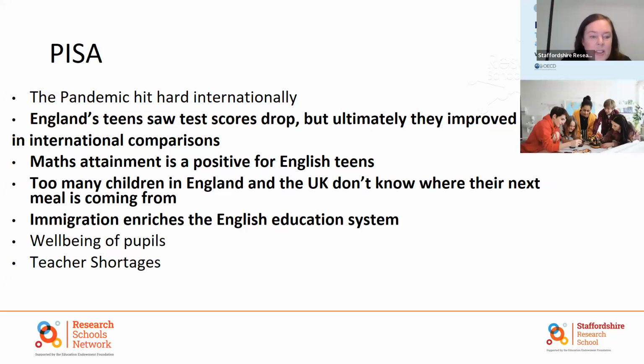The sad news that was very disappointing was that too many children in England and the UK don't know where their next meal is coming from. And I think they found 1 in 10 children didn't know when they were next going to eat. So again, it's that result of the cost of living crisis. Again, it's hitting hard in terms of the impacts, and also that massively impacts on the well-being of the pupils as well. And so it's looking at schools, how also we can support that well-being of our pupils, and also